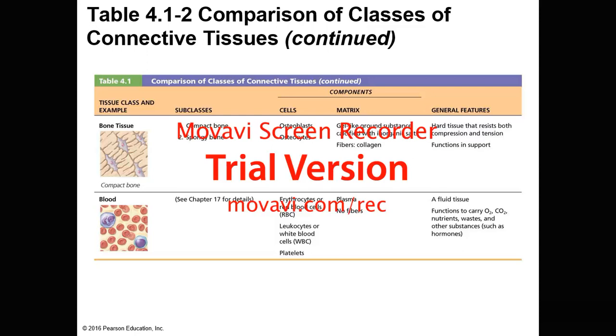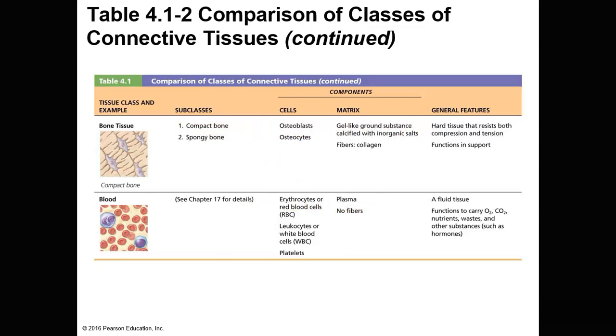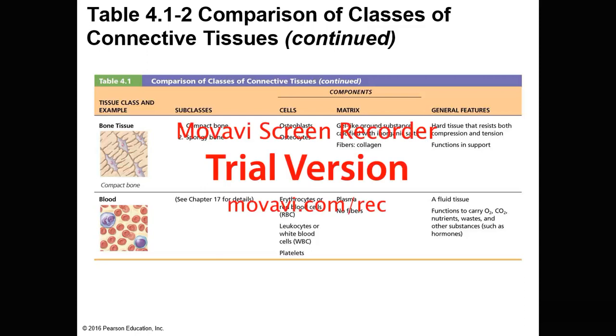And then blood. All right, so you have red blood cells, which are the erythrocytes. All right, and then you have leukocytes, which are the white blood cells. And you have platelets. Okay, matrix is the plasma, no fibers, and it's a fluid tissue, functions to carry oxygen, carbon dioxide, nutrients, waste, and other substances. Okay,